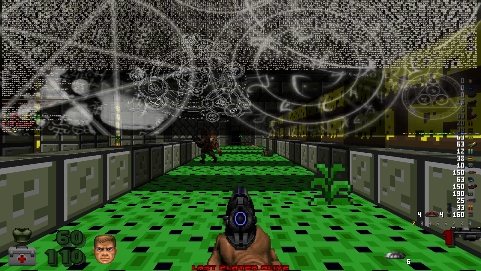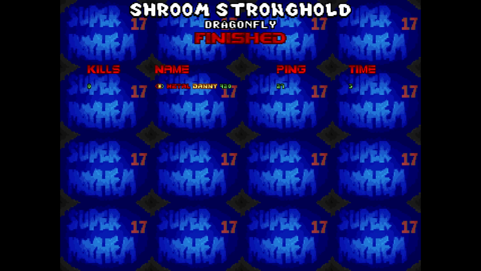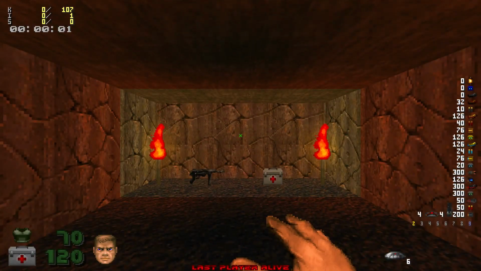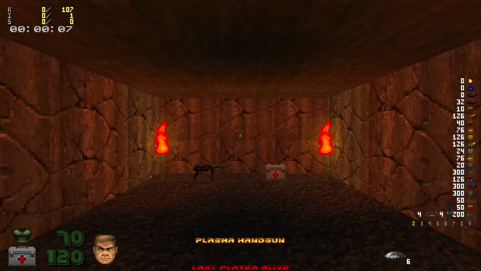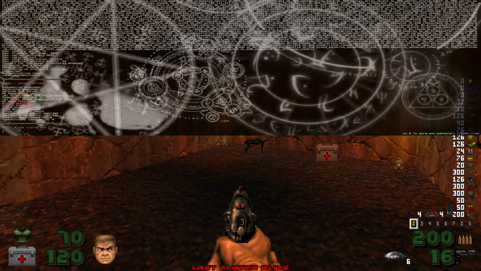To change the map, for instance, type Archon space change map space and then the map name. For instance, map 29 in this case. There you go. Using the change map means you keep all your stuff like you would press the exit button in a map. But if you would do it like this, without the change, it's a full reset, like you would change the map in the server window. So I recommend always use change map, unless you want a full reset. There we go. Map 29. All works, you have full control.